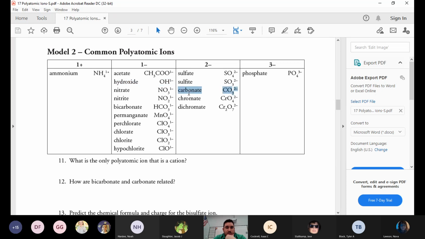This one right here is also a super common one called carbonate. You probably have heard carbonate before. Where have you heard carbonate before in your everyday language? Carbonate. Soft drink. Yeah, carbonation, right? Carbonation in soft drinks tends to be sodium carbonate. That tends to be what they put into there. So sodium carbonate, and that gives you